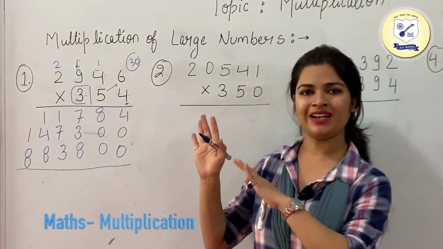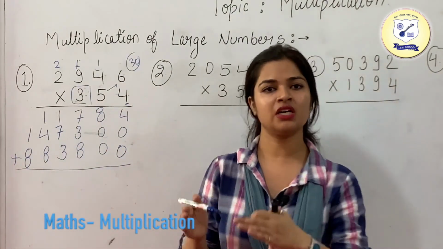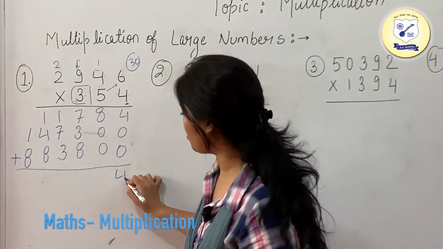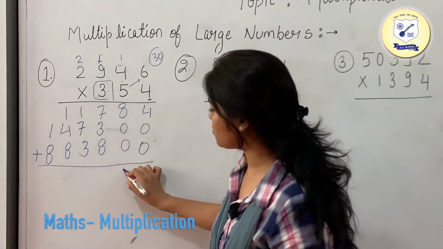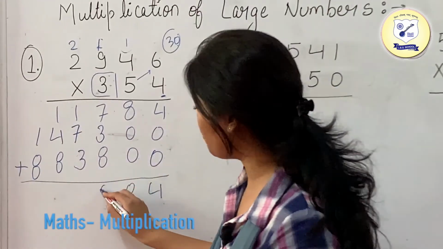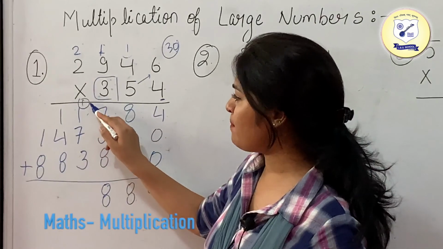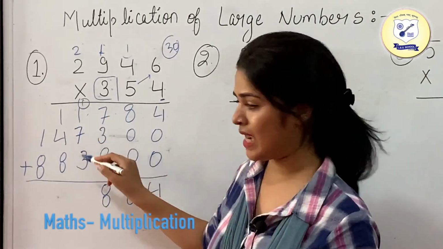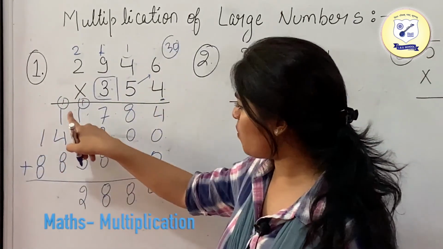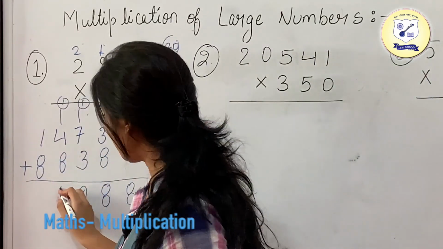Now that this is it, what we need to do? Since we are done with the multiplication of all the 3 digits, what we now need to do is just add the results of the 3 steps. So just add these numbers. 4 plus 0 is going to be 4. 8 plus 0 is going to be 8. 7 plus 3 is going to be 10. 10 plus 8 is going to be 18. So write 8 over here and 1 is your carry. 1 plus 1 is 2. 2 plus 7 is 9 and 9 plus 3 is 12. Okay. Now 1 plus 1 is 2. 2 plus 4 is 6 and 6 plus 8 is 14.